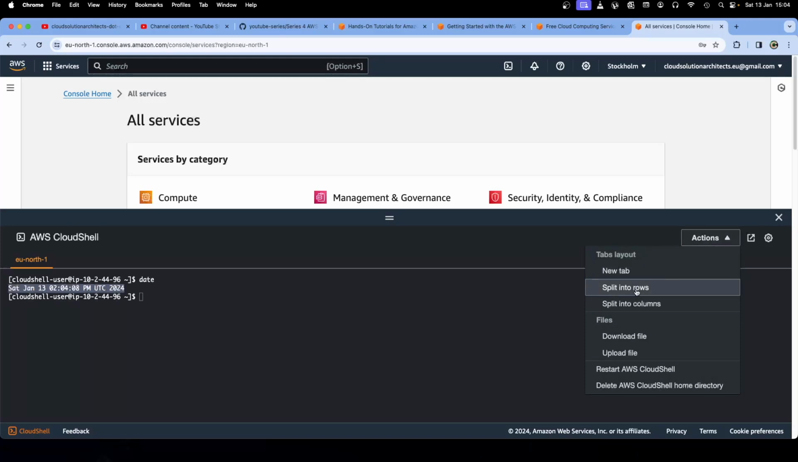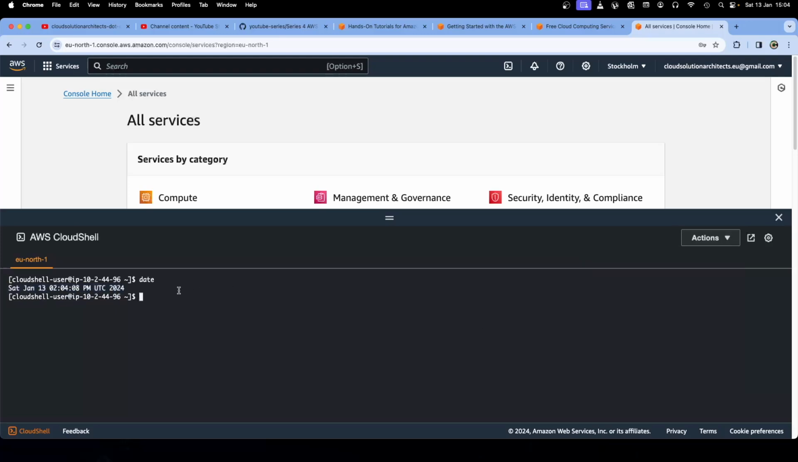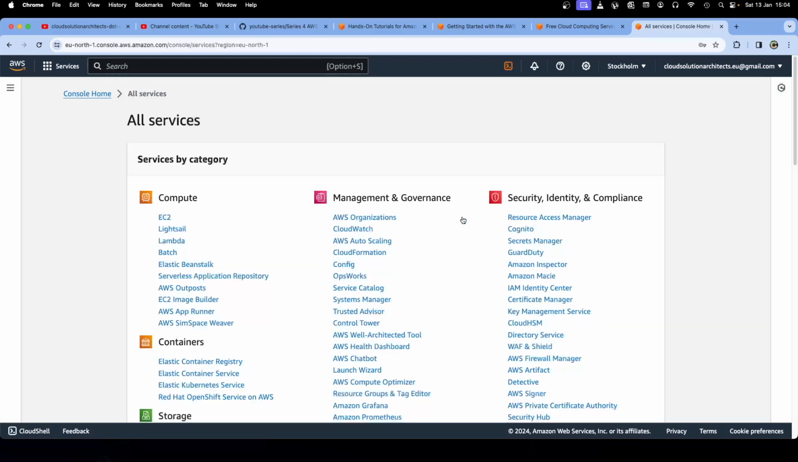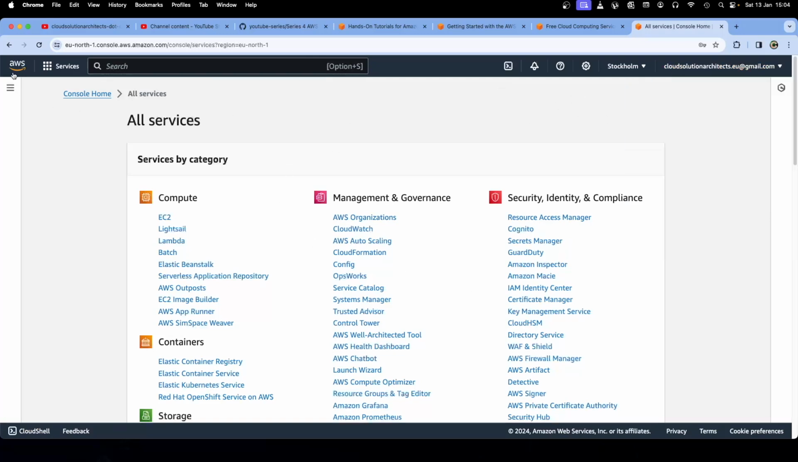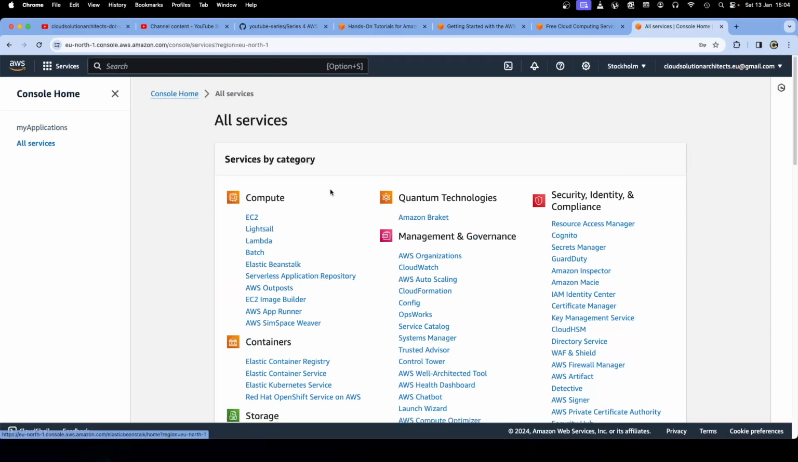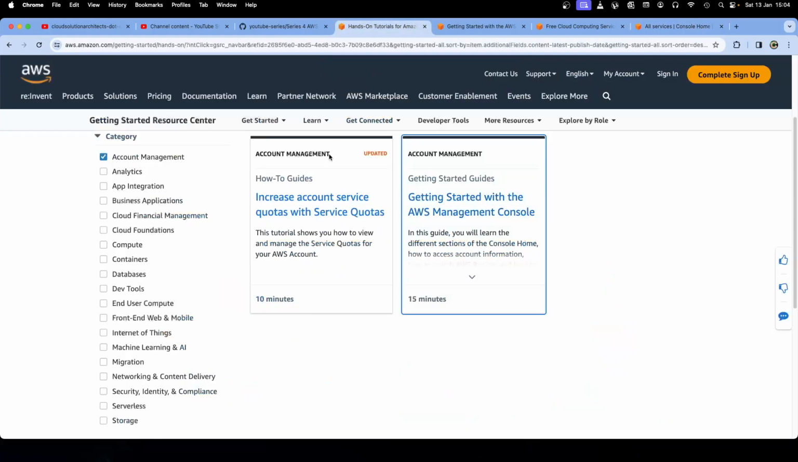Okay, you can see you can split it into rows, split it into columns, download file, upload file, restart the shell. I can delete my home directory, but I'm not going to delete my actual home directory right now. I just know that my shell is working, my account is working, my account is active. I can see my products and services,